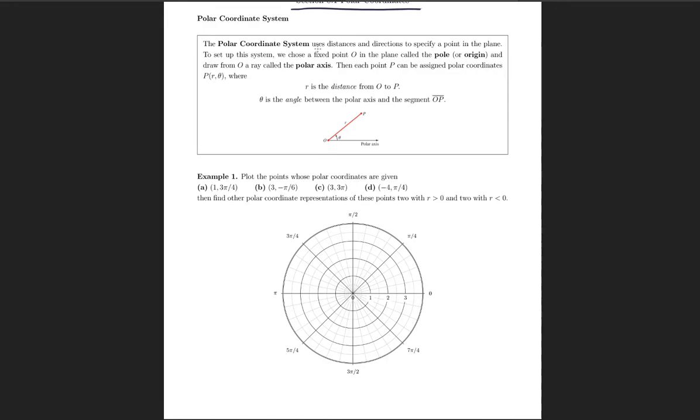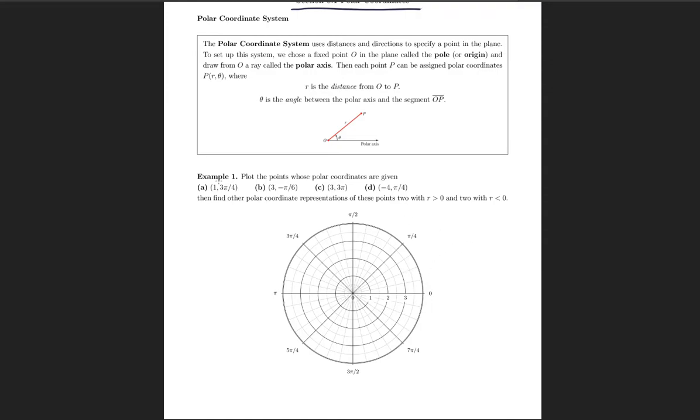The polar coordinate system uses distance and direction to specify a point on a plane. So you're going to have your radius here and then your angle. Given points, you're going to start from the origin, or sometimes we'll call this the pole, and each point is given by r theta. Let me explain how this works real quick, and then I'll explain probably why you